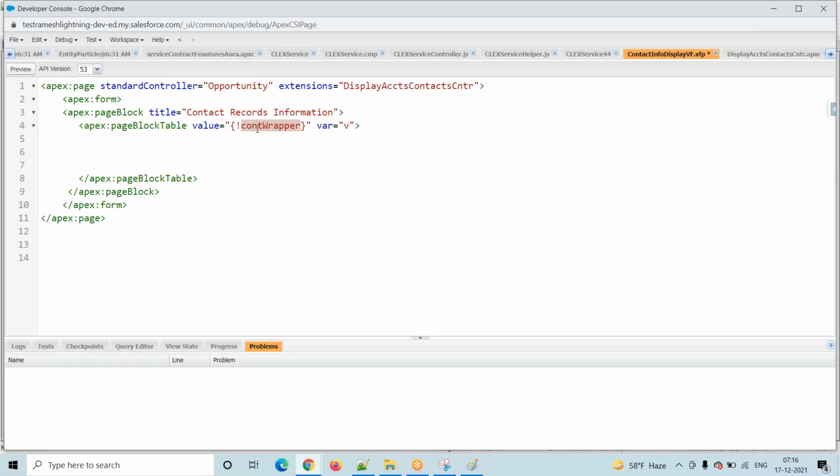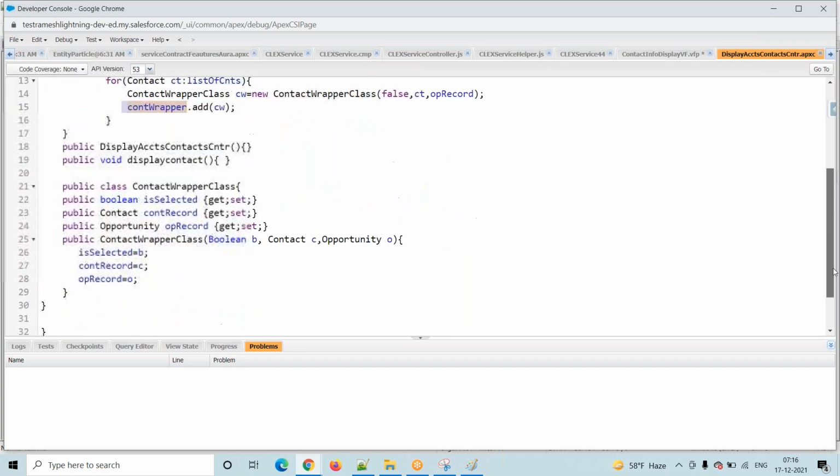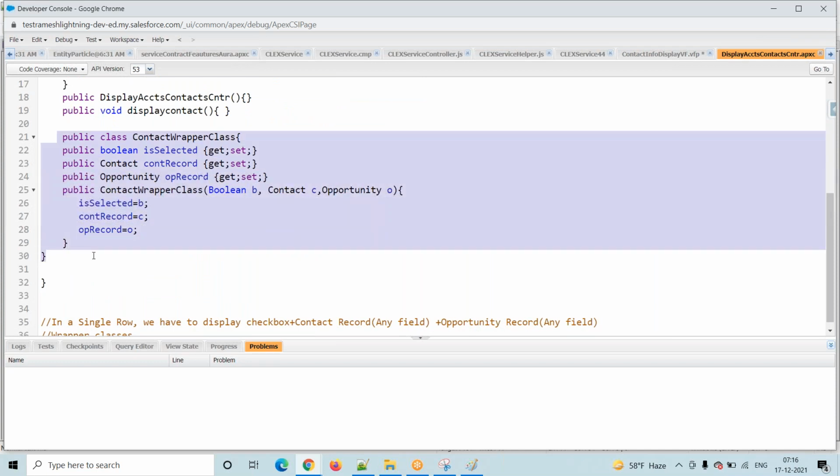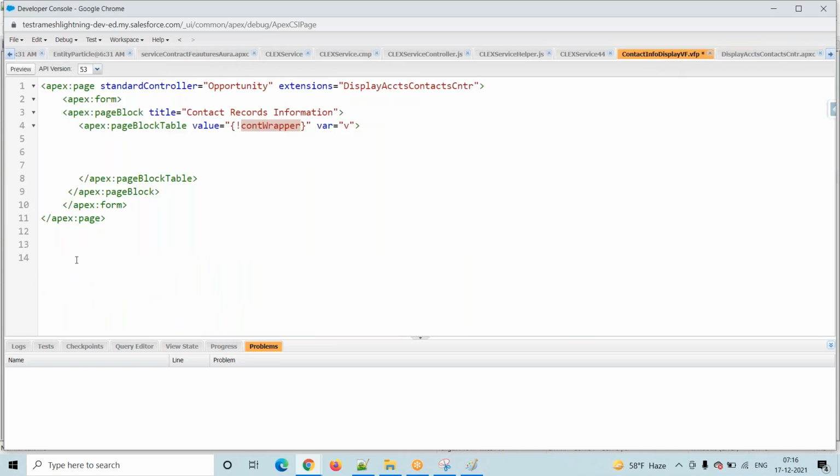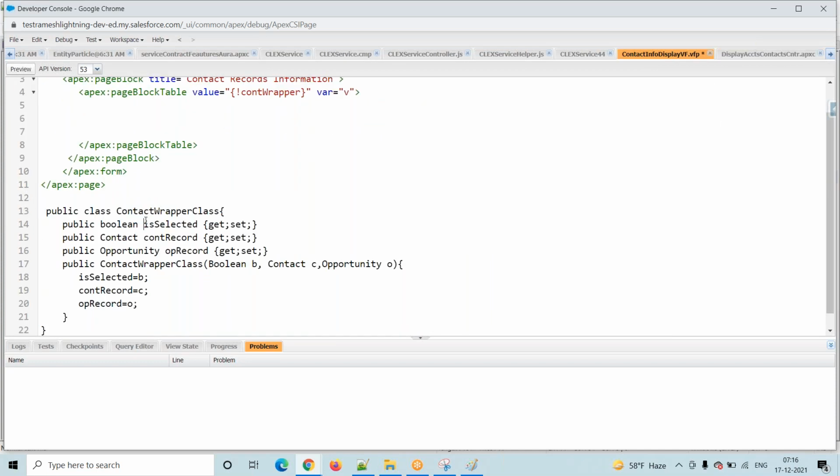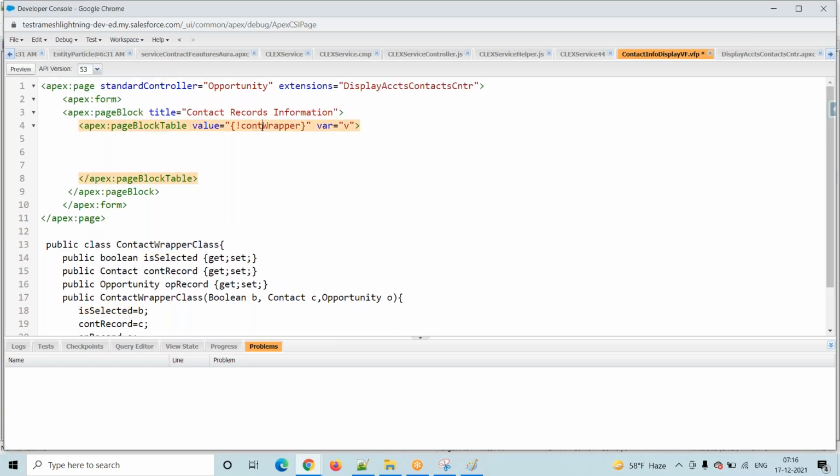Now in this contact wrapper, what do we have to consider? So here at line number 4, value is equal to contact wrapper. Contact wrapper is a reference to this one. In this, C selected country, these we have to consider.